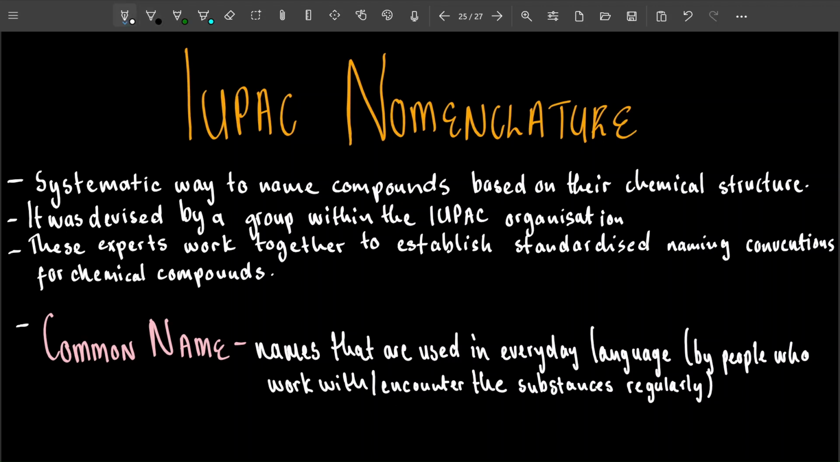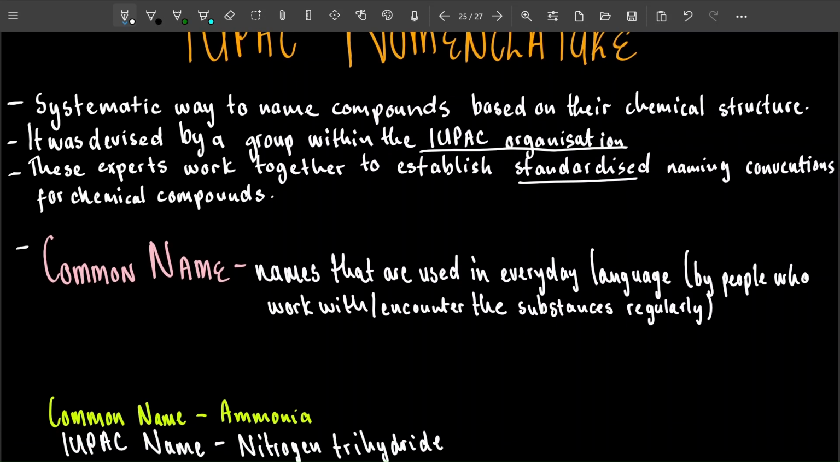As we said, this system was developed by a group of people that are part of the IUPAC organization. And these guys are experts. They're working together to make a standardized way of naming that works across the whole world, a systematic way, rules or guidelines that you follow when you are naming a compound, that are used everywhere in the world. I'm going to go through those rules in the next slide, but first